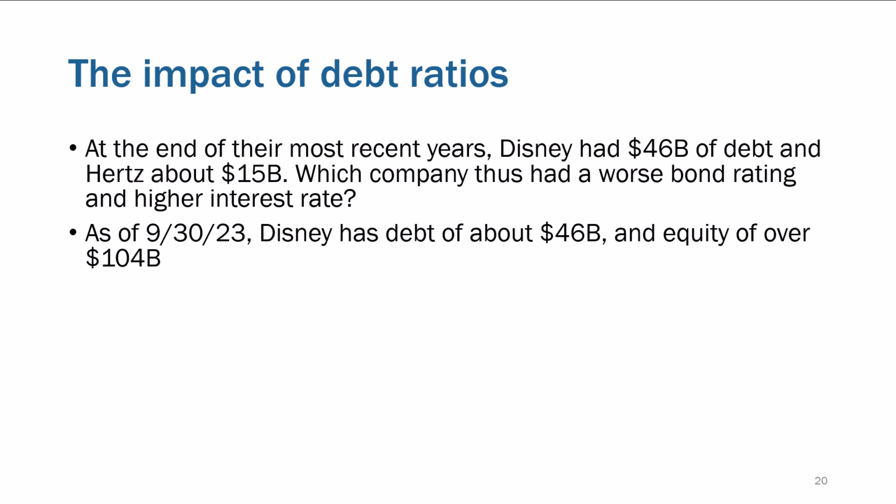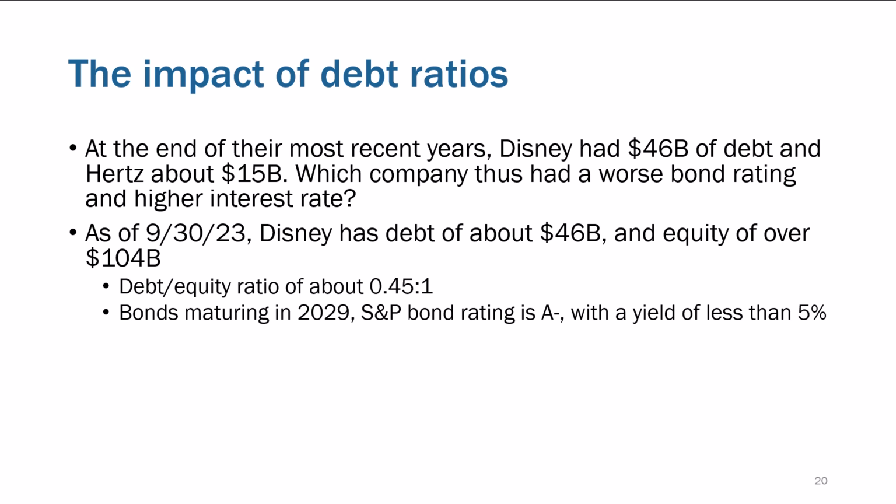as of September 30th, 2023, which is their most recent year, they did have debt of $46 billion, but their equity was over $100 billion. Their debt to equity ratio was less than 1-to-1. It was 0.45 to 1. And for bonds that they have that are maturing in 6 years, they have a bond rating of A minus, which is pretty good. That's a strong, healthy company, and a yield, which implies an interest rate of less than